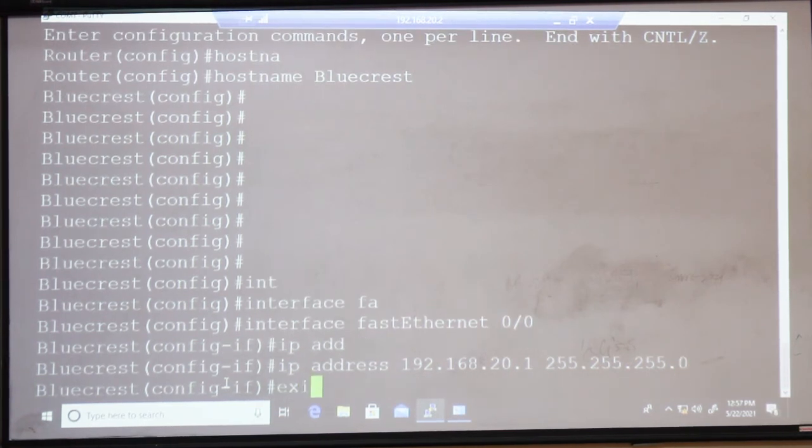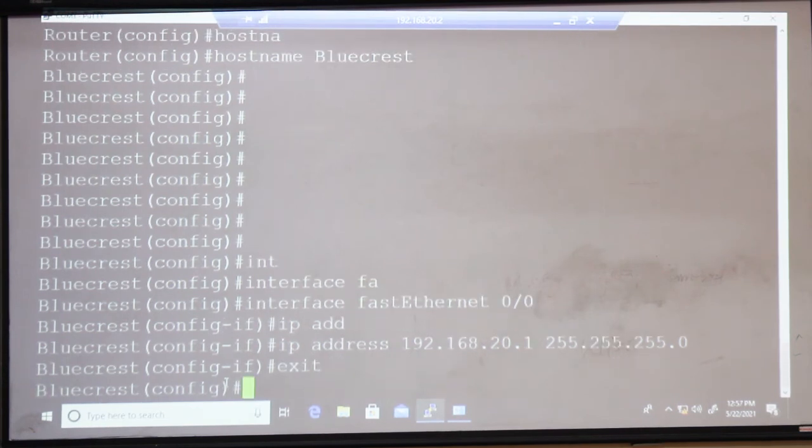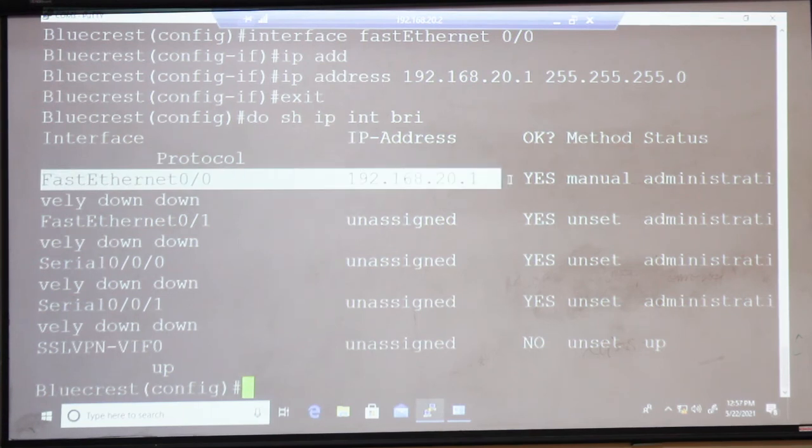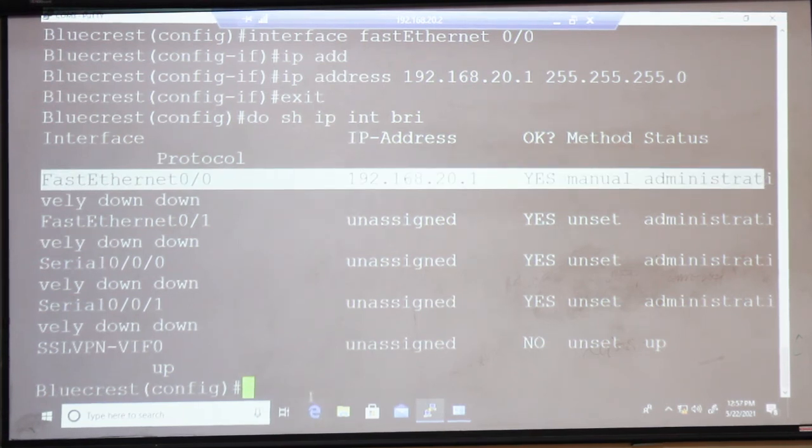We'll exit the port and check whether we have configured it or not. So do show ip interface brief, and we'll see that the IP has been assigned to the FastEthernet port. You can see it has been taken.